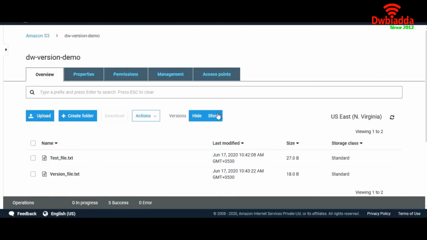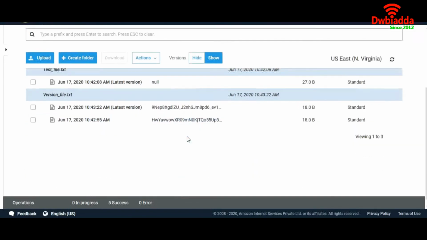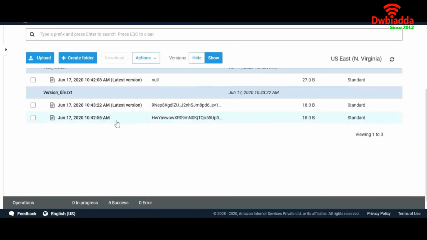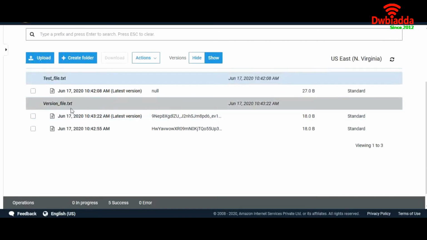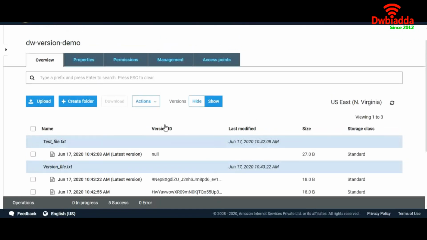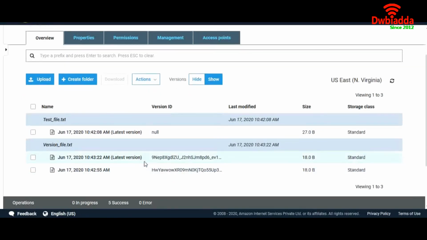But if we go to show versions, we can see that the file which I have just re-uploaded is marked as the latest version and it has been given a version ID, whereas the first file which we uploaded, testfile.txt, has a version ID of null because it was uploaded before versioning was enabled in our S3 bucket, if you remember. So this is pretty cool.